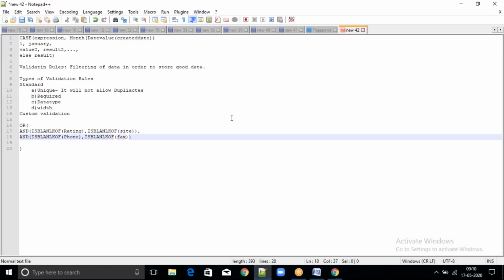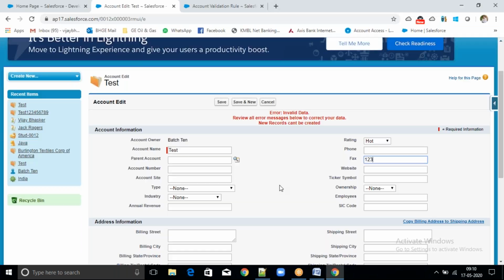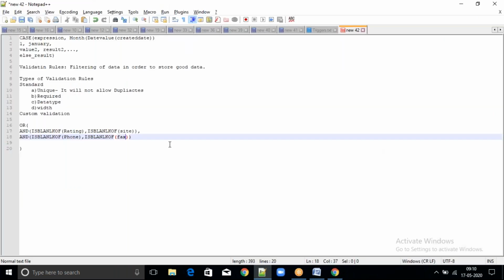Now based on this you have to say, if I try to save this one, will it throw an error or not? Now you have to say whether this validation will fire or not.